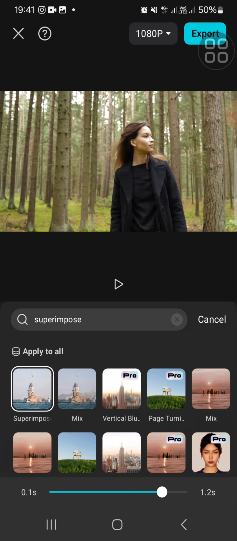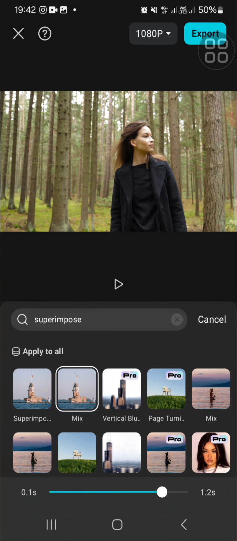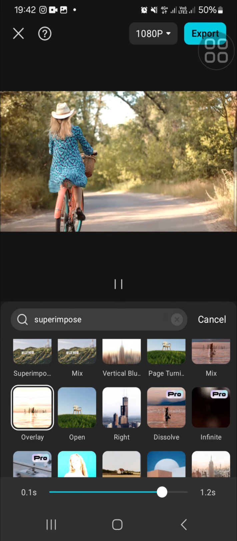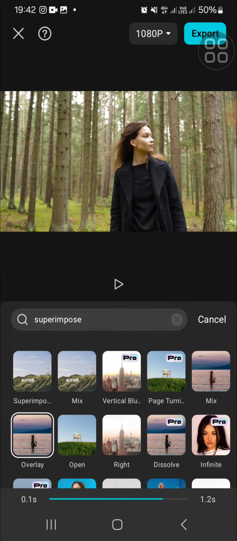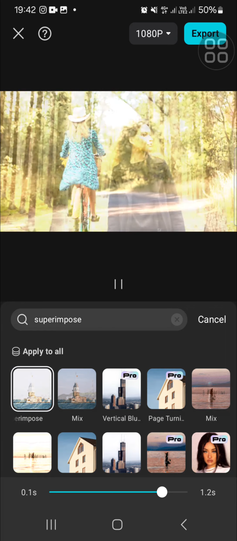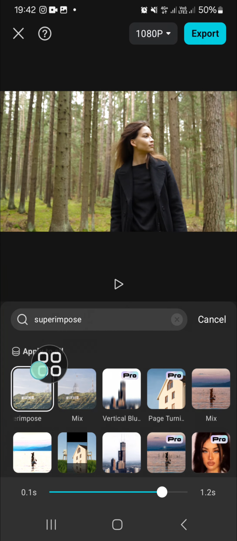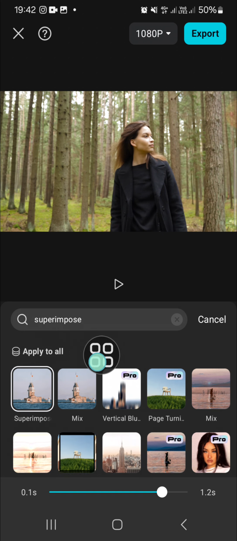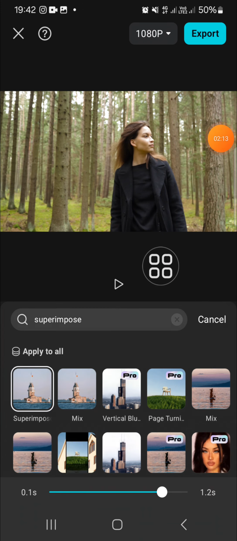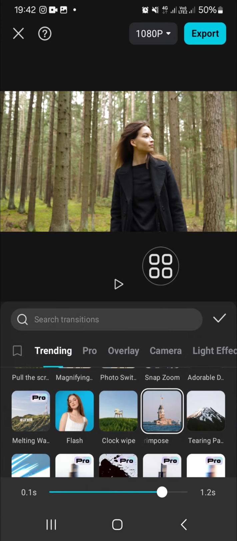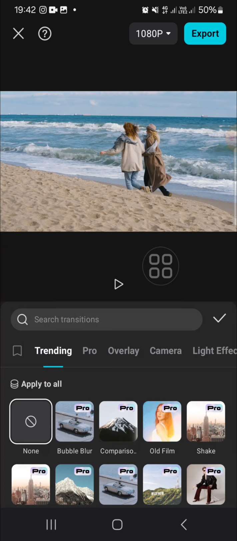Okay, like this, or you can try mix as well, or overlay. Okay, and for the first transition, I'm going to select the superimpose. Okay, and if you want to apply this transition to all your clips, you can click on apply to all, but I'm going to apply different transition. Okay, this is for the first transition, and for the second transition, I'm going to select